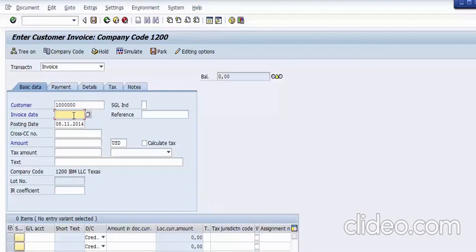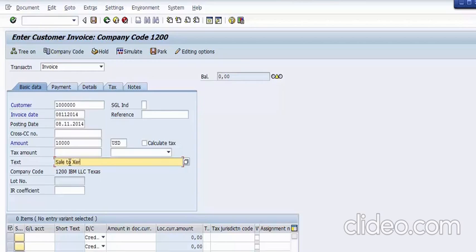I need to put the date, the invoice date, and the invoice date could be 08114. You need to put the amount of how much transaction you would be doing. Suppose I am going for 10,000 US dollars,